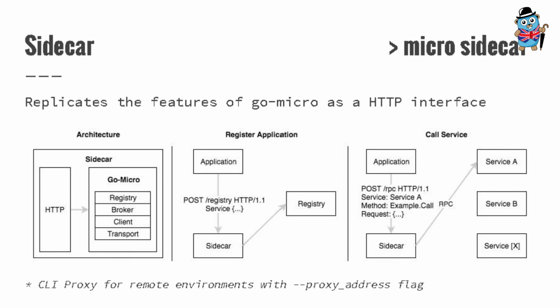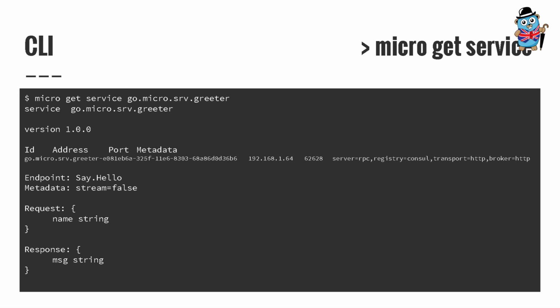So if you've got some remote environment that you want to talk to, I think what we all end up doing is setting up some form of VPN or SSH or something, to kind of get into the systems. And this is another way to do that. Standard CLI built into it. As you can see here, there's the extracted endpoint information that you can then query. You can query services from here. I just found this a natural and logical way to query services, to find out about your environment and what's going on.